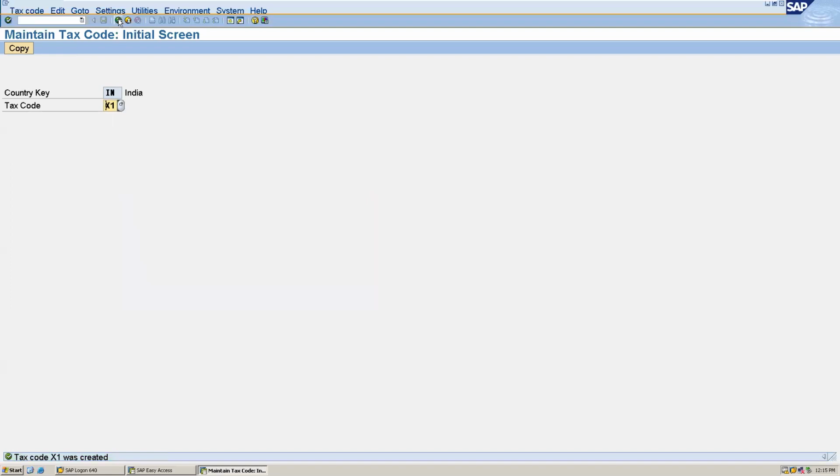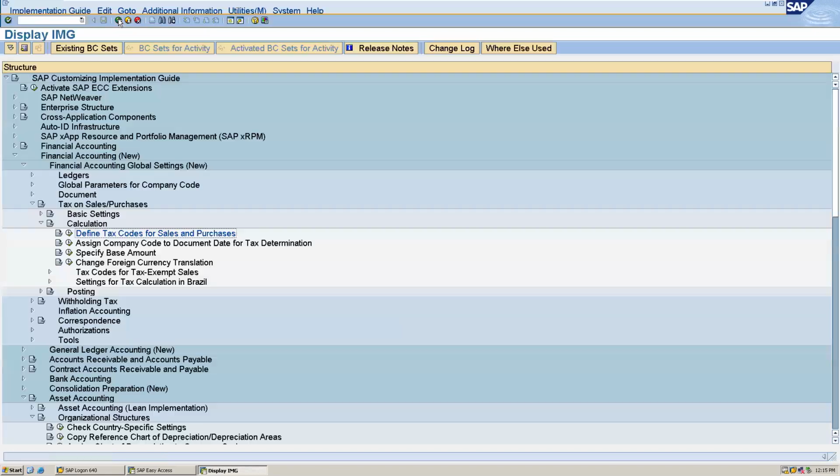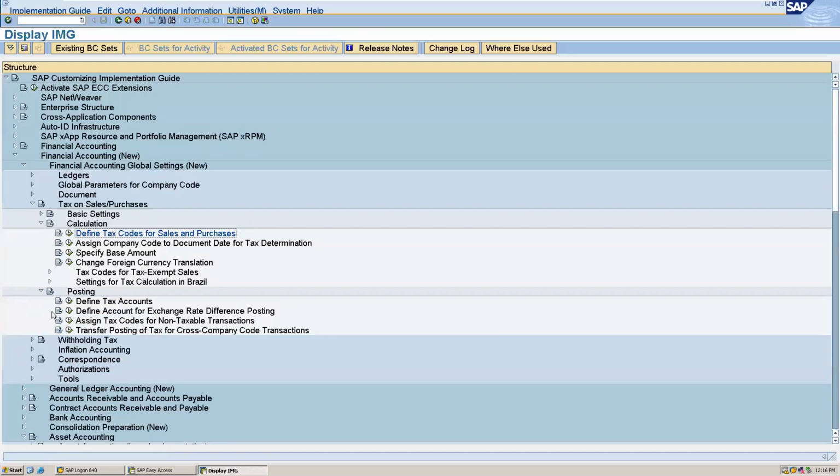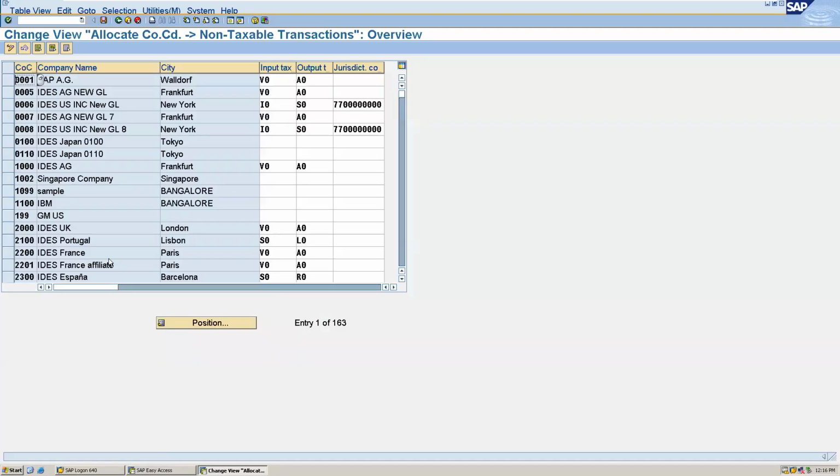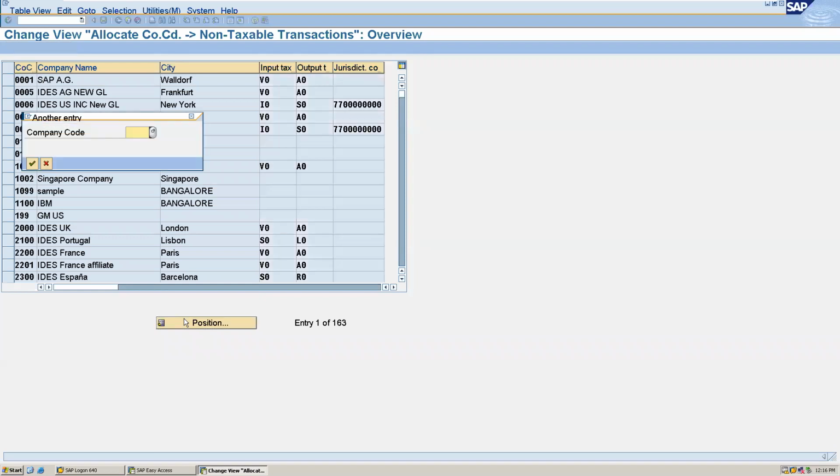Okay, now we have to assign the tax code for the non-taxable transaction. For that, we have to go to posting and assign tax code for non-taxable transaction. Here you can search for your company code.